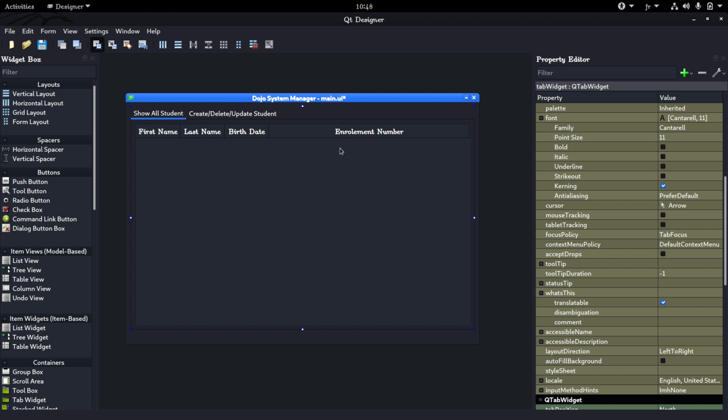Oh no, the enrollment number is getting auto-generated by the database, so we aren't actually giving it the enrollment number. We are getting it from the database after the user gets created. So I'm gonna just show you how that happens. All we need is the first name, last name, birth date. So we have actually got all the